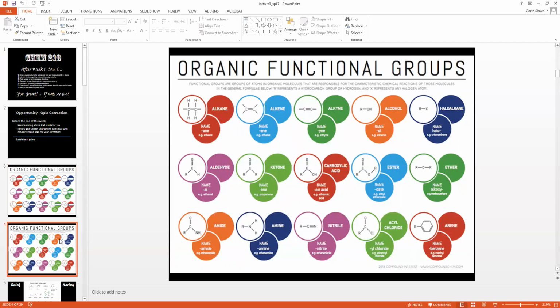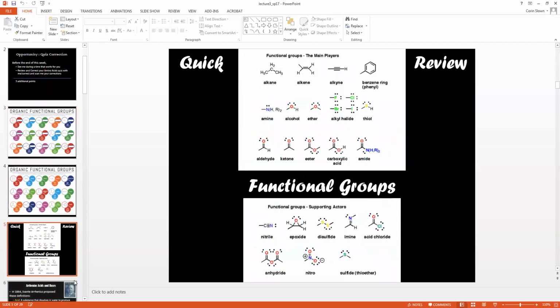These are all of the functional groups that you are going to be responsible for. You've got a sheet from me in class that details these further. We're just going to do a quick review where we talk about the main players. So alkanes, alkenes, alkynes, benzene rings. Those are all of the carbon-hydrogen-only components in functional groups. Then amines, alcohols, ethers, alkyl halides, thiols, aldehydes, ketones, esters, carboxylic acids, amides, nitriles, epoxides, disulfides, imines, acid chlorides, anhydrides,